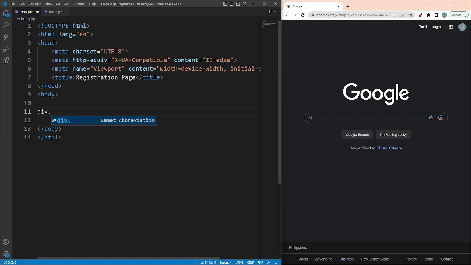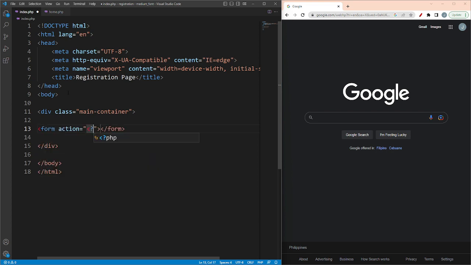Let's create a main container first. And sa loob ng container na to, dun ko ilalagay ang aking form. Lagay natin dito si server and PHP self. Yan. Ang ating method for this project would be a get. Alright. And let's add a simple text with the name of